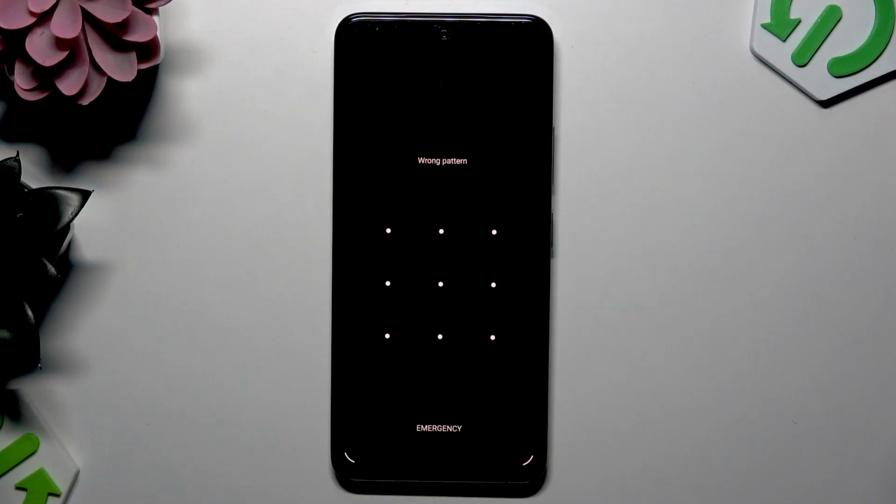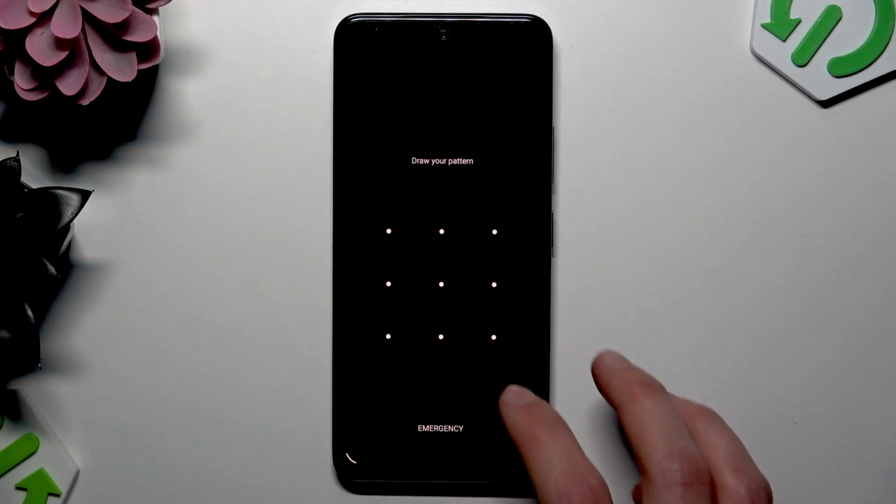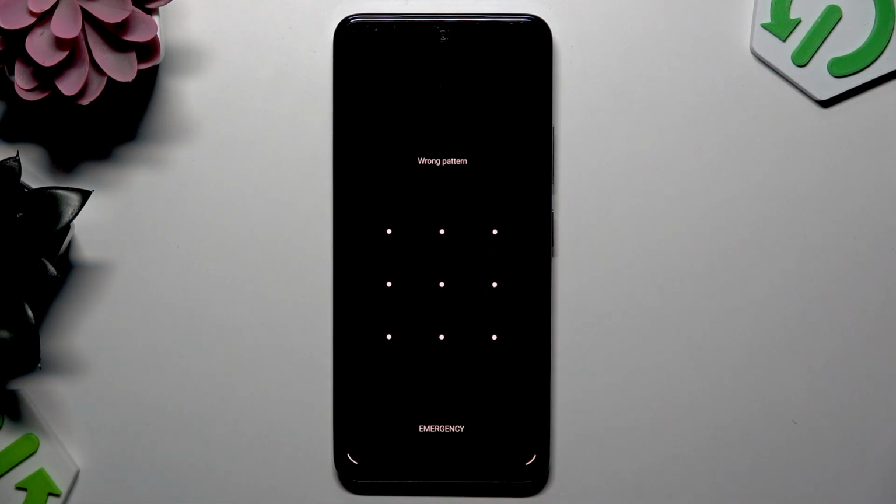So the first thing that you should consider is taking your time and trying to remember your pattern to unlock your phone. This will save you a lot of time. This might also save your personal files stored on your device. And if you really can't do this, then you should